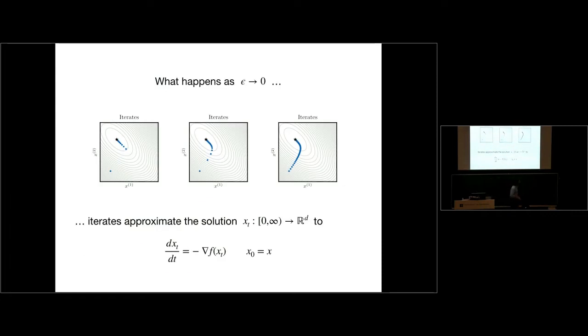OK. So this is what happens in pictures. For a relatively large step size, we have the following sequence of iterates in our space, and they approach the minimum. That's good. As we make the step size smaller, the iterates get closer and closer. And as it gets even smaller, they start to approximate what looks like a continuous curve in space. In fact, you can show under some regularity conditions on our function f that they approach a differentiable curve, which we're going to denote by x sub t. So t is now a continuous parameter that denotes time. This is a function from time into some point in space.